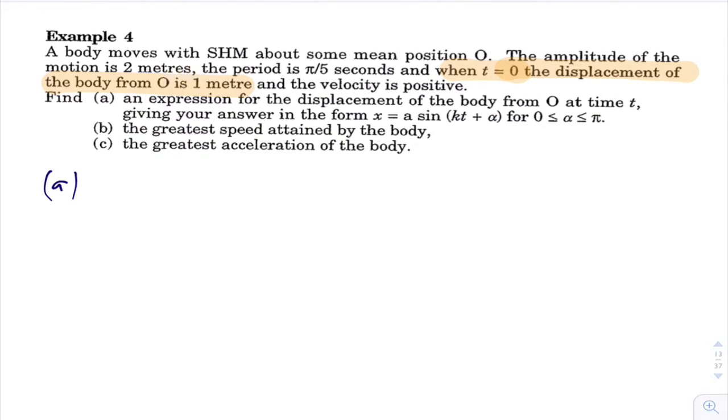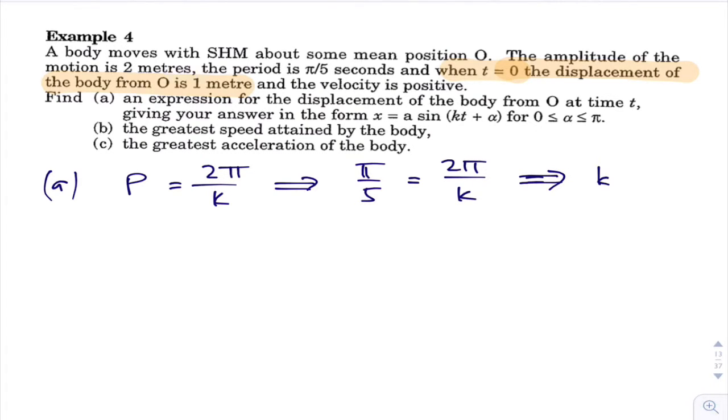Okay, let's do it. So the period is 2 pi over k. So the period here is pi over 5. So if we times both sides by k and divide by pi over 5, we get k is equal to 10. Or you can just compare those directly. 2 pi over 10 is the same as pi over 5. So therefore k is equal to 10. We're told the amplitude is 2 meters, so I think that we're in a position now to write this as